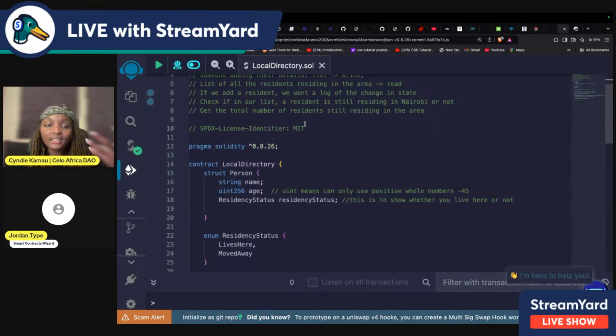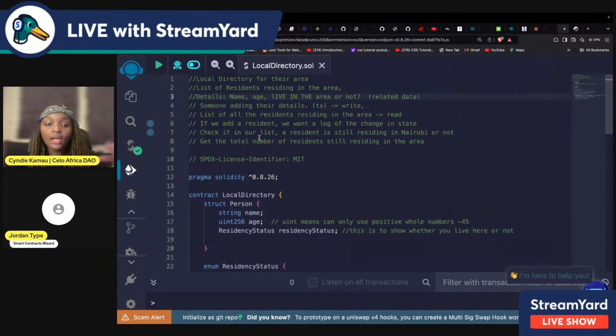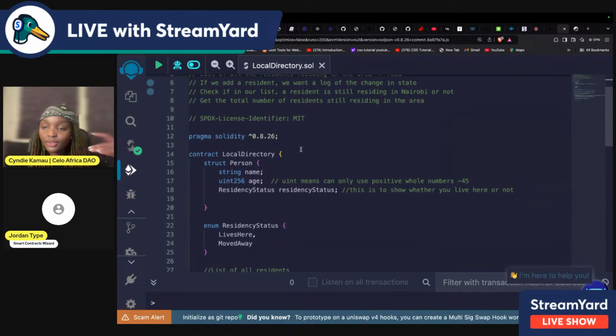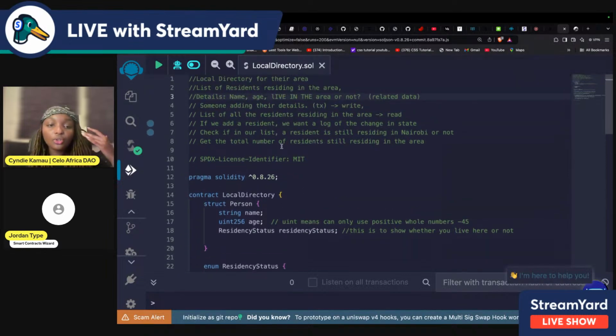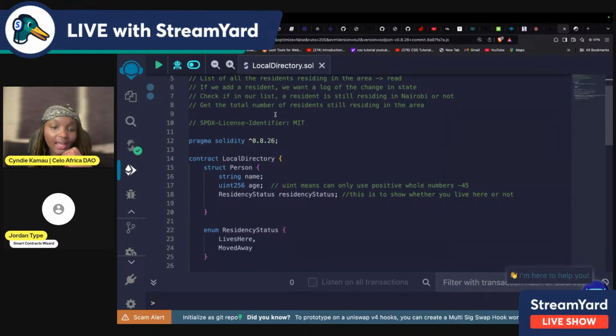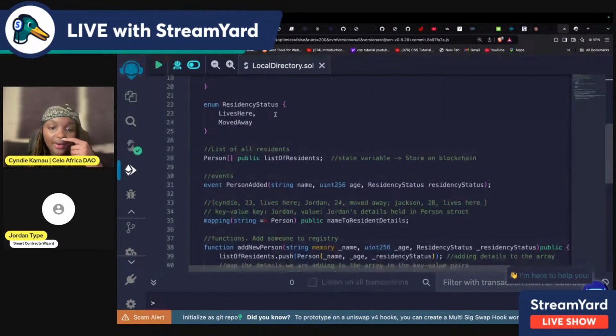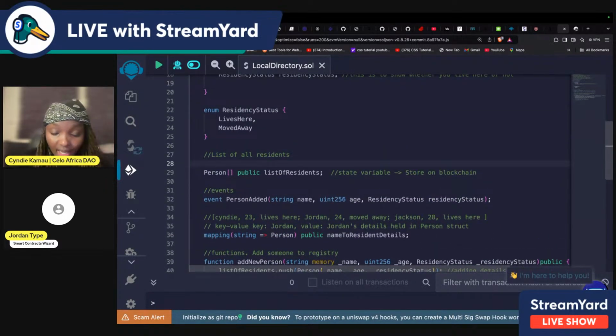So we didn't guess it. When we started the call, before we even wrote our smart contract, we wrote down everything that we need. We made all the designs, the design implementation that we need for a smart contract. Yes, that's why. And also something Jordan mentioned, which I forgot to mention, is that in an array you have